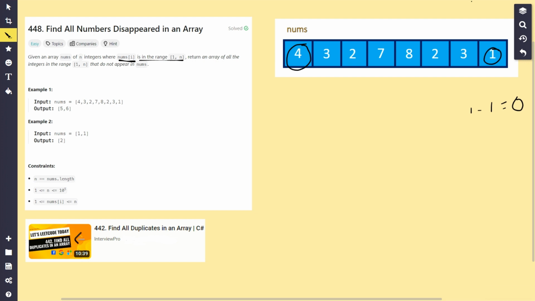Whenever we go to the element represented by the calculated index, we mark that index as visited. How do we mark it as visited? Just by making it negative. So if there is a 4, it will be minus 4. Because we do not have any negative integers in this array, a negative number represents that the element is already visited